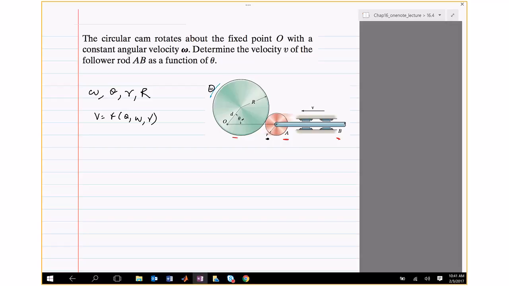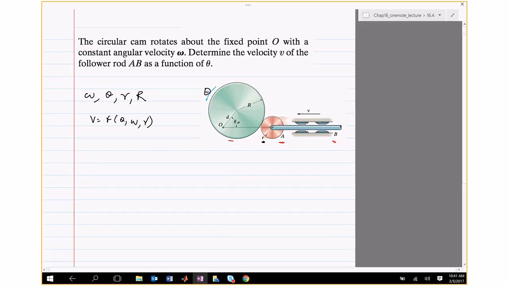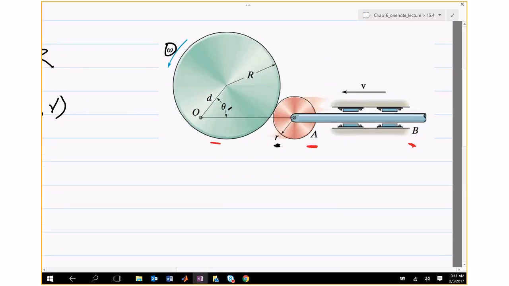So I'm going to try to find what is that which when differentiated will give me V. What is that in the figure which when differentiated will give me V? So I think a good candidate is that V is actually the motion of point A, it's also the motion of B, so it's actually the motion of this whole thing, AB. So I can take any point on AB. So let's take this point,